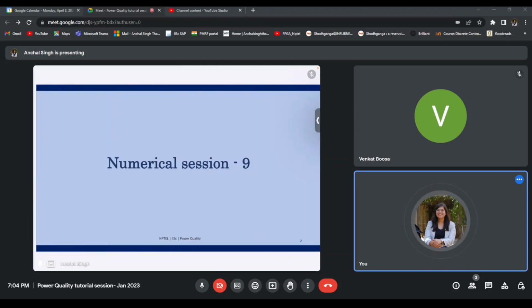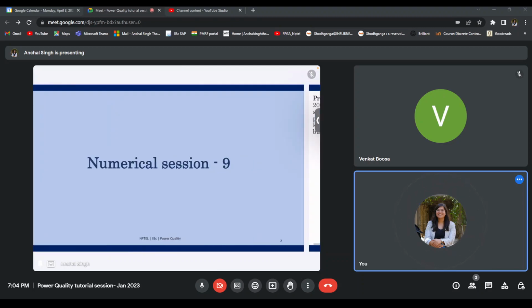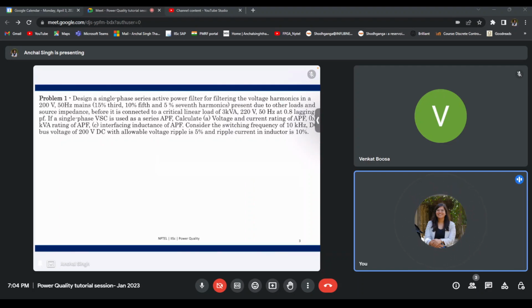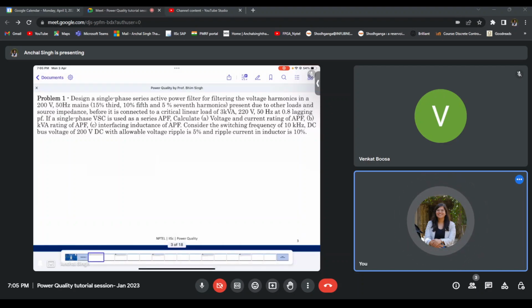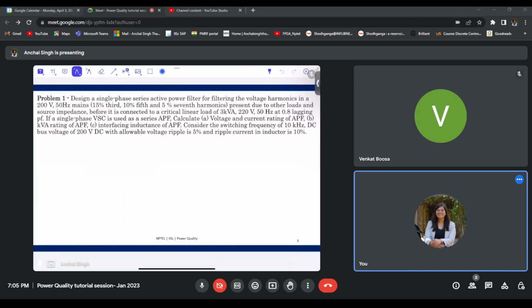So this is our ninth numerical session, and in this session we'll be discussing active power filters. So this is our first problem for active power filter. So in this problem,